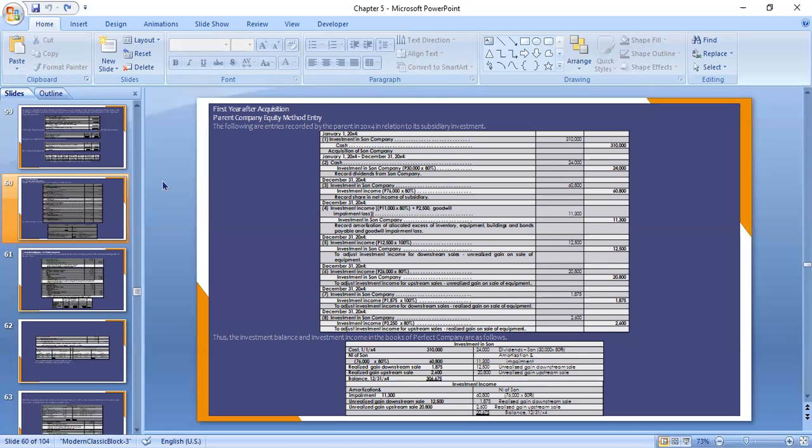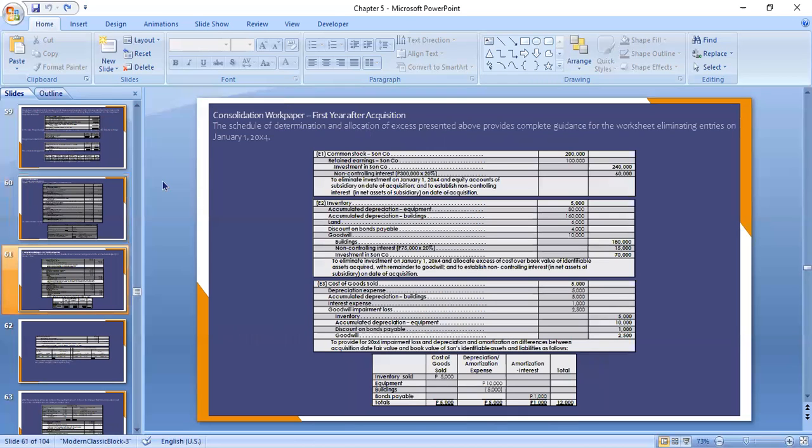Now, at the bottom, we have the debits and credits to investment income for amortization and impairment, then unrealized gain downstream and unrealized gain upstream. We debit this to investment income and credit for the net income of subsidiary and for the realized gain on downstream as well as upstream sale. So we have now the